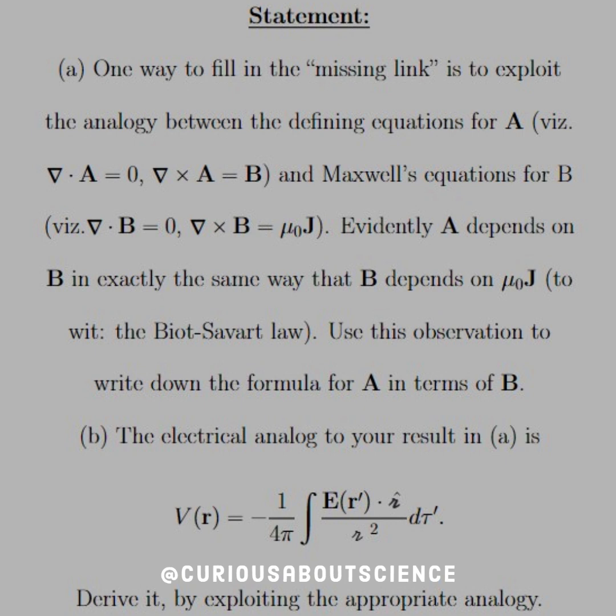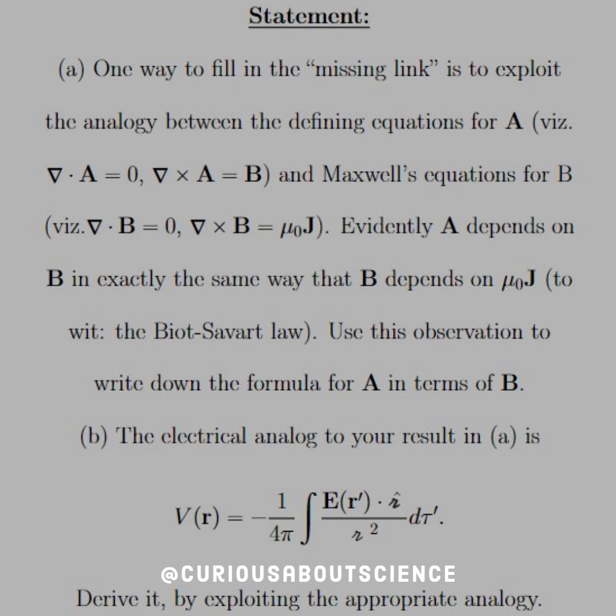Via the Biot-Savart law. So use this observation and write down a formula for A in terms of B. And then for part B, the electric analog to your result in A is V of R equals negative 1 over 4 pi integral E dotted with script R hat over script R hat squared d tau. Derive it by exploiting the appropriate analogy